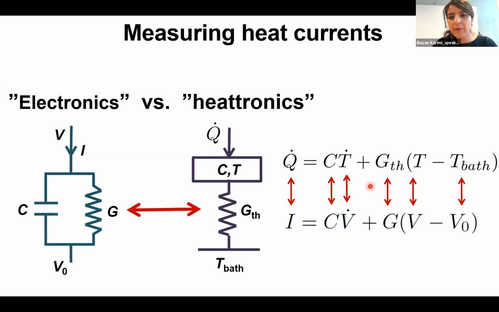As you can see from the equation here, one can write it easily for the RC circuit, and we can write exactly the same for the heat setup that we are using. If we are talking about the current in RC circuits, here we are talking about the heat current. And the heat capacity here is like the capacitor in the RC circuit,